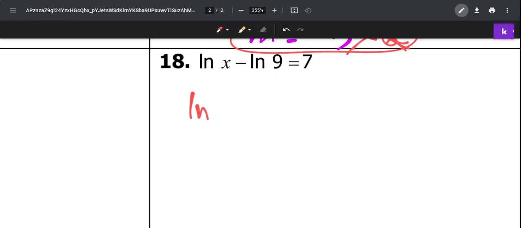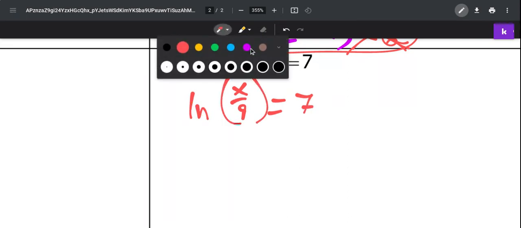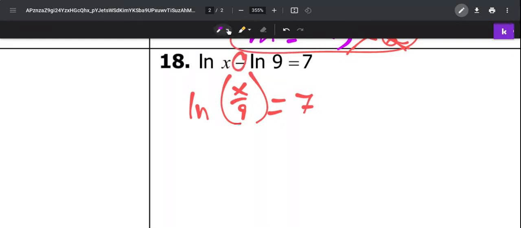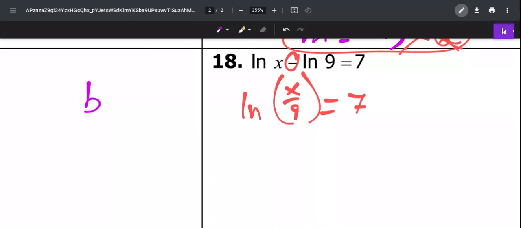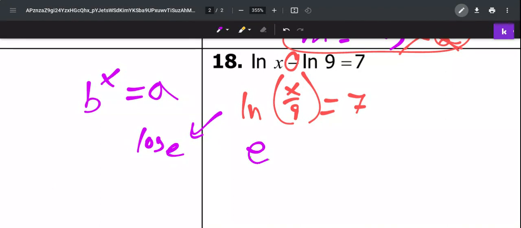So we're going to end up with natural log. Minus means divide, so x over 9 equals 7. Now, ask yourself, what do I do now? What's the type 2 way to solve a logarithmic equation? If you remember, we rewrite our problem in exponential form. Now this is where we have to remember what ln means. It actually means log base e. So when I rewrite this in exponential form, I'm going to use e as the base of my exponent, and it will be e to the 7th equals